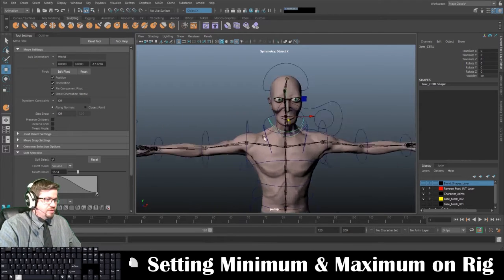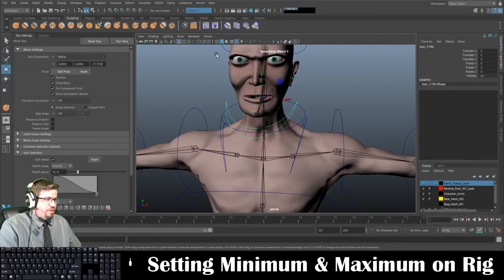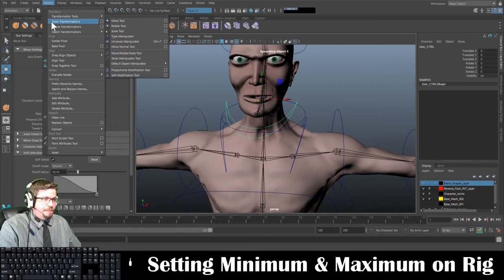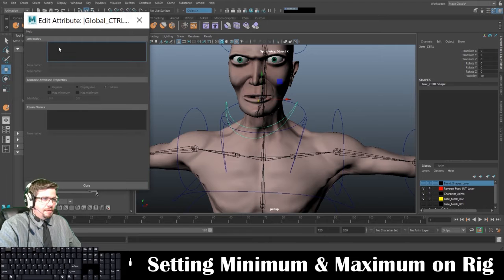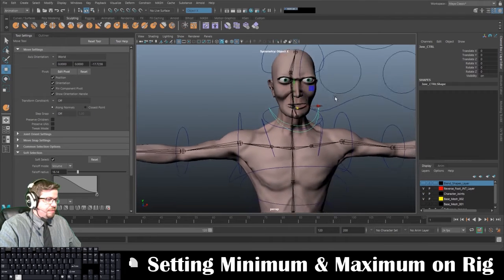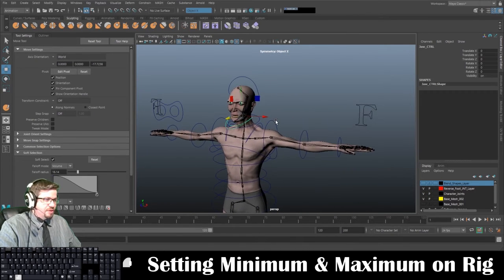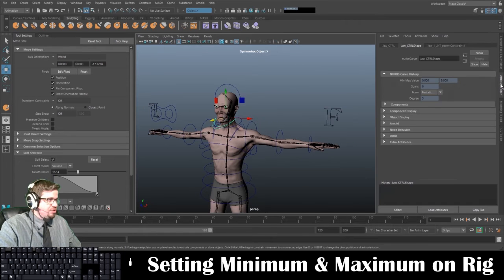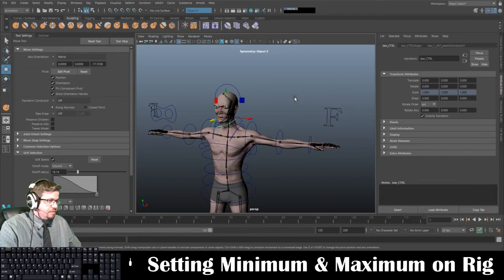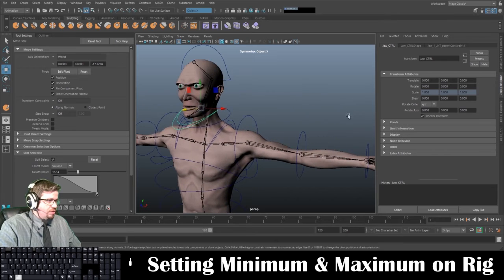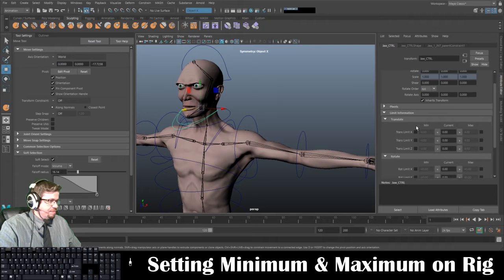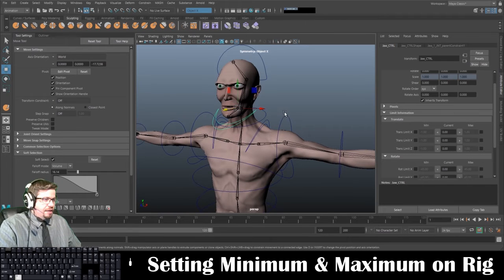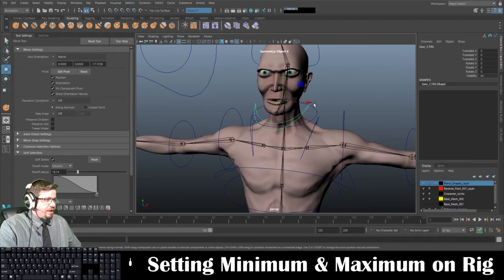Now the other one I want to do is the jaw control. So I'm going to go to modify, and now that we've done the modify edit attribute to everything, now I need to go to my attribute editor and go to my jaw controller. Now the scale's already locked, but if I click on this limit information and I drop down the translate and rotate, I need to get a good idea though of where,